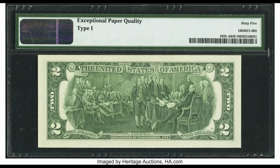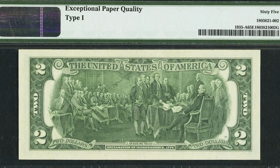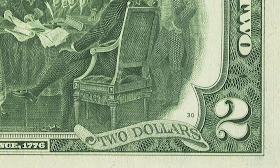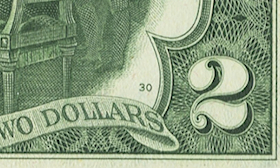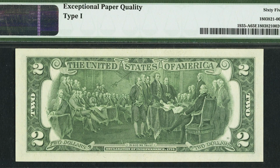When you're looking at the back of this bill, you don't notice anything out of the normal. You can see the back plate number on the back bottom right hand side of the bill. That is an internal number that they use to see where the specific bill was located on a printing plate. Most people don't know that the back of the bill is actually the first print of a bill like this. So the BEP produces the back of the bill first, then the front of the bill that you see here,